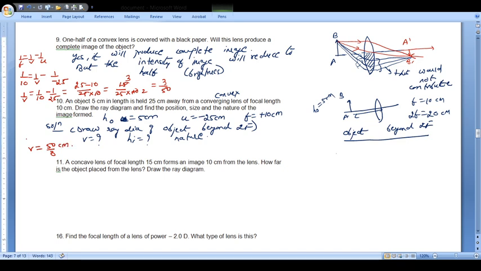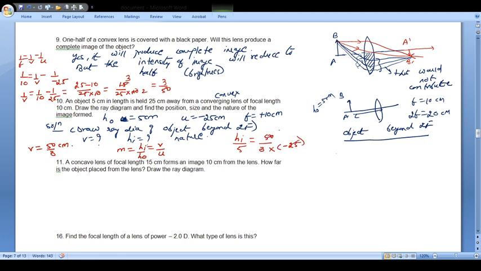So this is V. Now H, you have to calculate HI. So magnification is given as HI upon HO is equal to V upon U. So we can take this formula V upon U. HI is unknown, HO is 5, is equal to V, which is 50 upon 3, and U is given as minus 25. So 25 ones are 25, 2. So you will get HI equal to 5 2s are 10 upon 3. So this is going to be this much centimeters, and obviously it is negative, right?